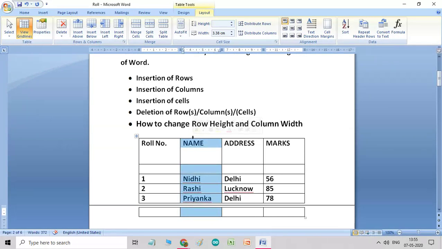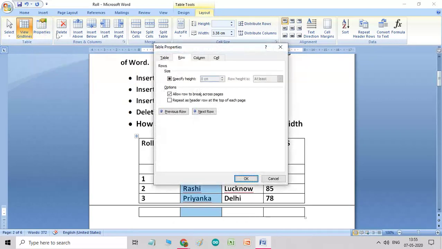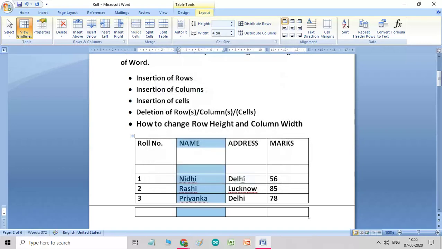Now click on the Layout tab, Table group, Properties option, and now I'll click on the Column tab and then whatever preferred width I need, suppose I say 4. You can either type or use this up arrow. Now you can say OK. So you see the column width is increased.